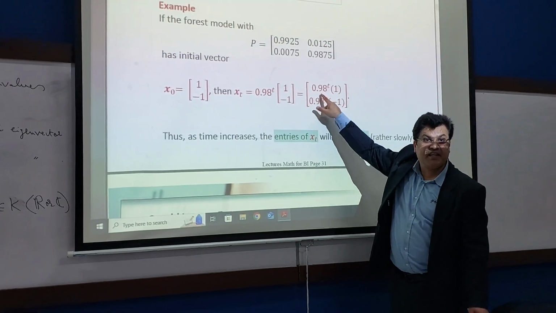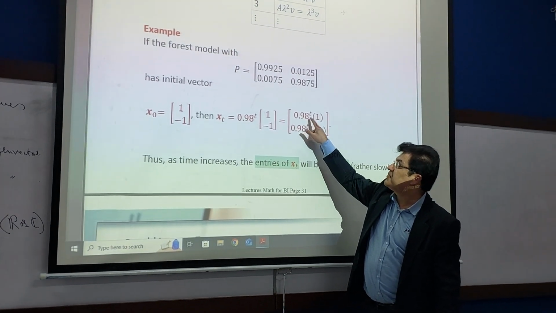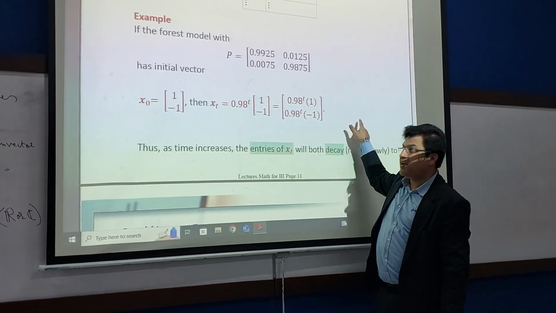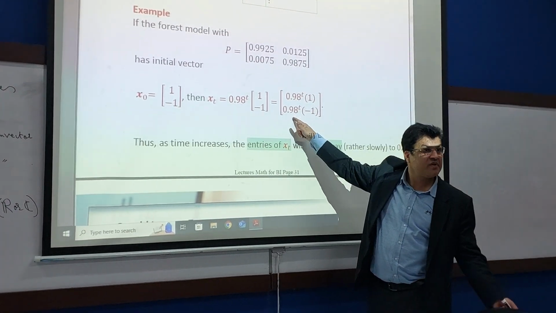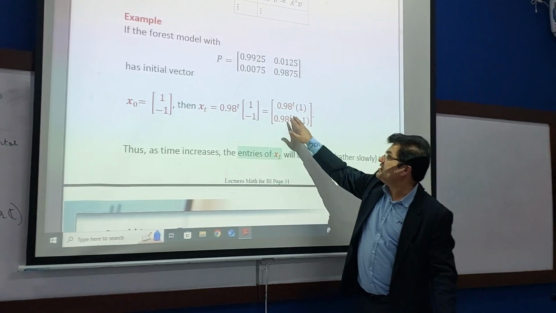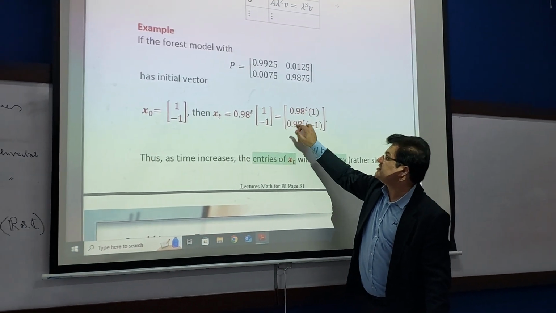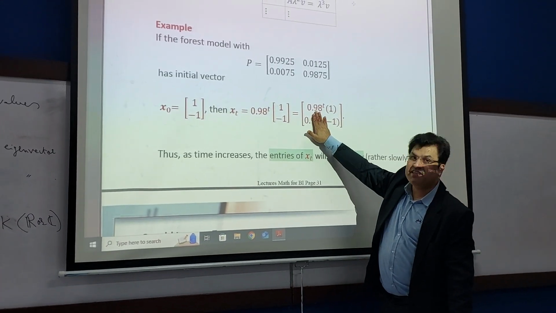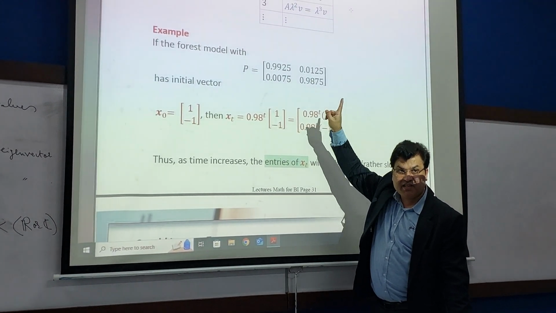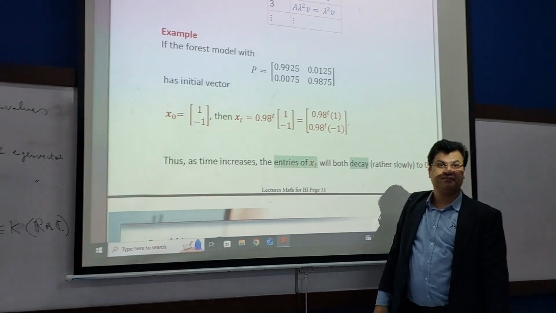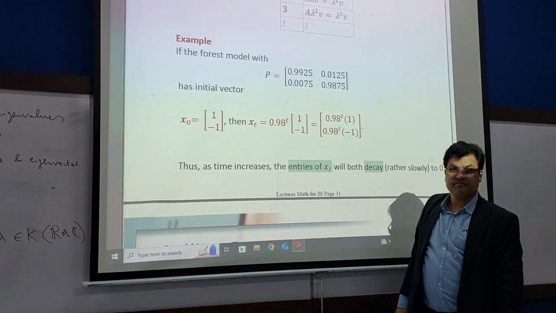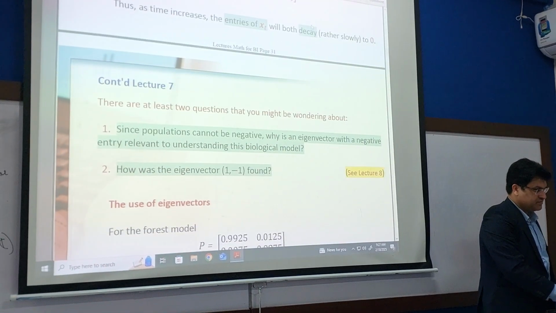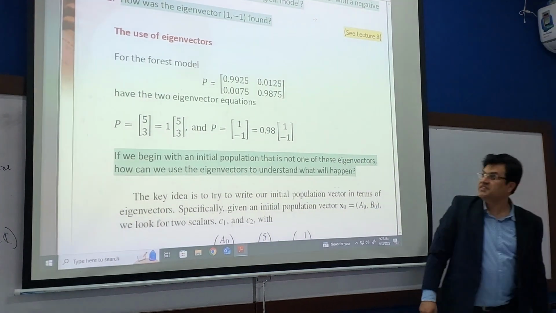So what this is indicating here is that with respect to time, when time is increasing, this population will decrease, and this is saying the same phenomenon. So overall, this is saying that the number of trees, which is actually the first component of the vector, is decreasing. So this is the whole idea. Okay, so let me go a little bit further quickly. So what was the other vector?